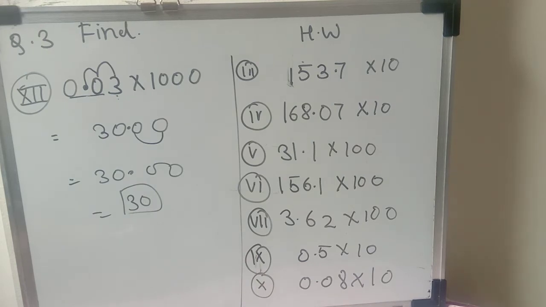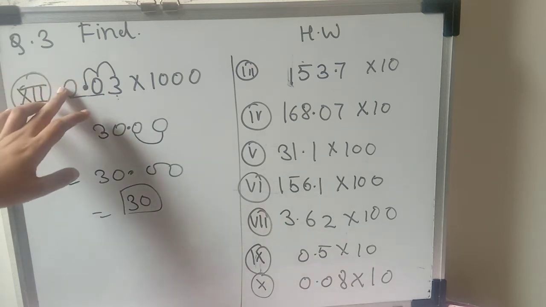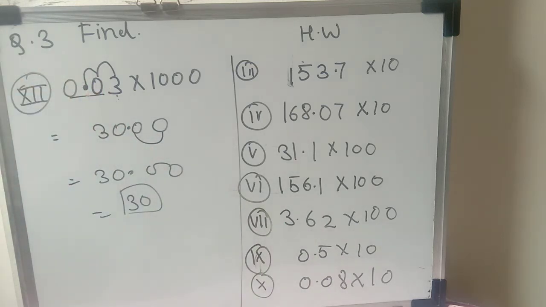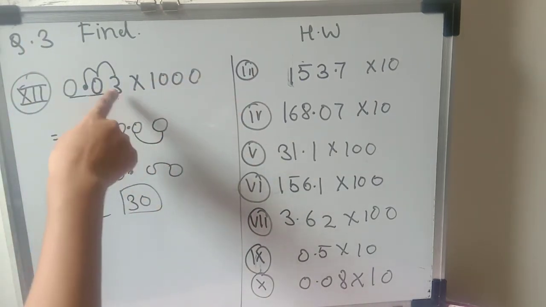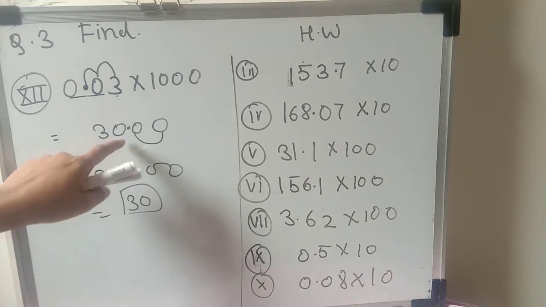Some students may say, how did the teacher do this, she did not do the multiplication, she did it directly here. See students, we have learned in the previous standard also, whenever you multiply any number with 0, the product is always 0, so there is no need to multiply with 0 because we know that the answer is 0. Now we have learned whenever we multiply anything with 1, we get the same number. So here I multiplied 3 with 0, 3 zeros is 0, 3 ones are 3, I have taken, so I got the product, that is 3000.